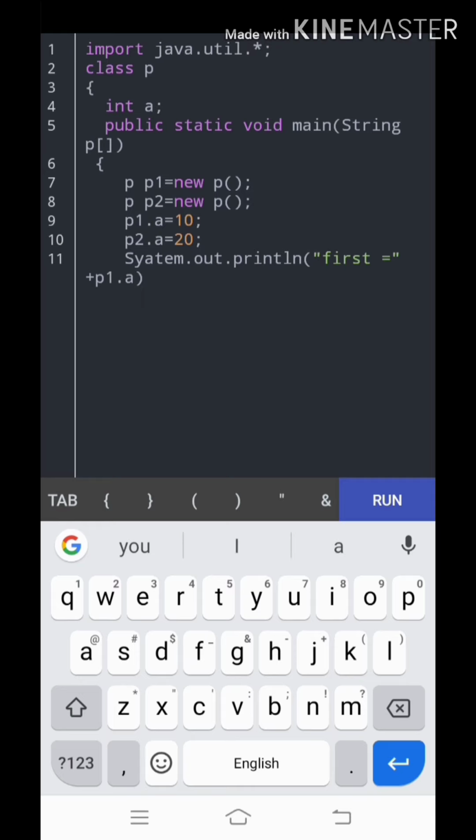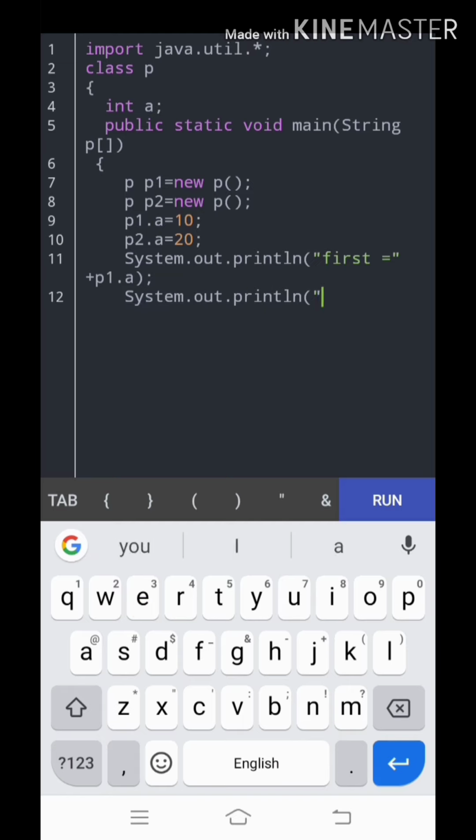I'm going to close that statement. Now I am going to call system dot out println for the second object.